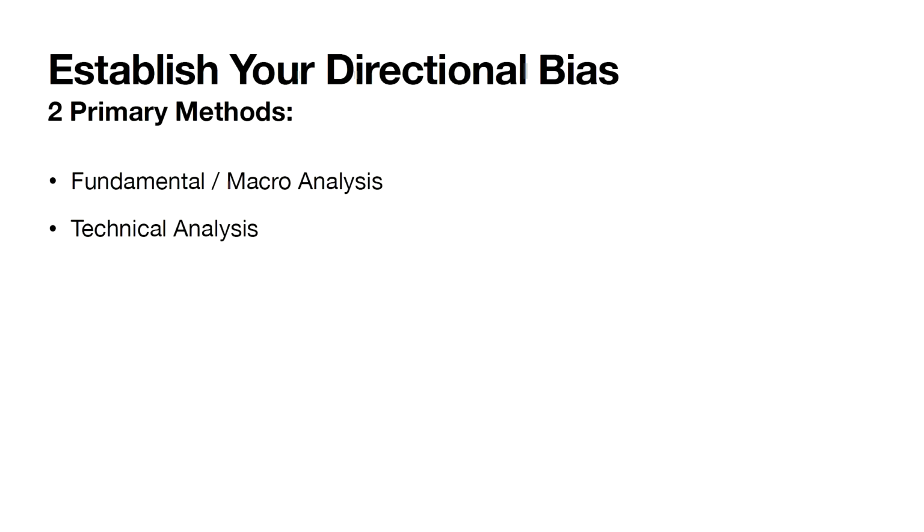So when we talk about directional bias, there are generally 2 methods that we can use to analyze and determine the direction. One is the fundamental perspective, or the macro perspective. That includes, if you're looking at FX currencies, what the central banks are doing and how the economy is doing. If you're looking at the stock side of things, you have fundamentals like how the company is performing, the businesses, and you have a top-down approach as well. You have the global macro environment, and the industry performance, how the industry is performing, and things like that.